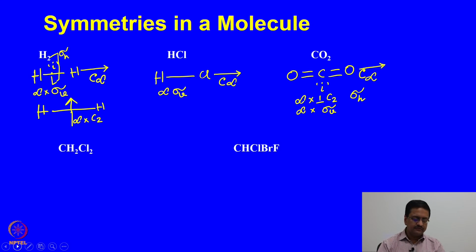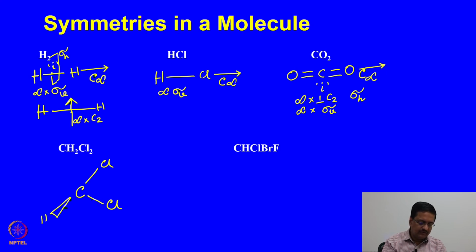Now, we go to another very simple molecule, dichloromethane. If we draw dichloromethane like this, with the 2 chlorine atoms and the carbon atom on the plane of the board, the other 2 hydrogens are above and below the plane of the board. What are the symmetry elements that we can see here? What we see easily is a C2 axis and a plane containing the C2 axis as a sigma v,